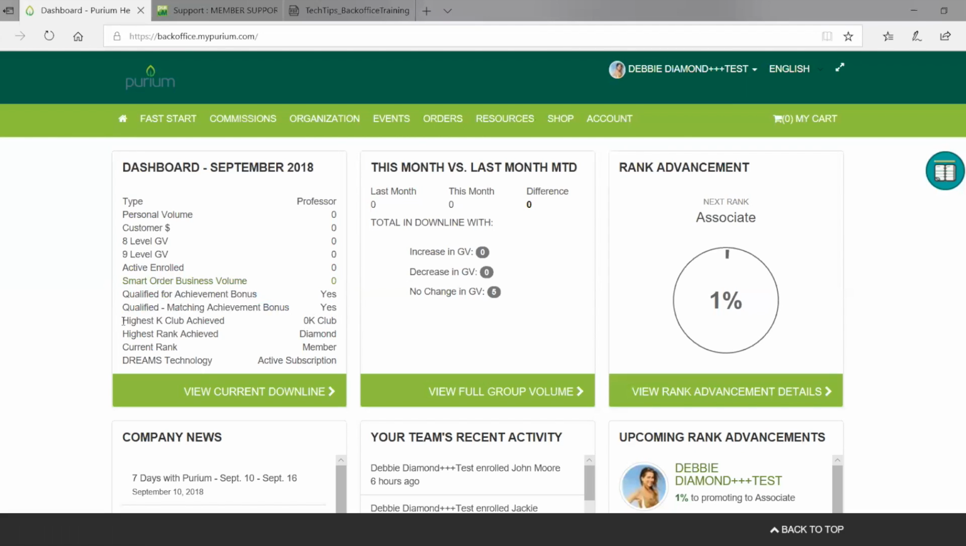You can see, unfortunately, this test account, highest K Club achieved, haven't achieved anything yet. We'll have to change that. But they did achieve the rank of Diamond, and their current rank is member, so they don't have any orders, any group volume, and they're actively subscribed to the Dreams technology. So this little dashboard here gives you one little screenshot of your business and lets you see what's going on,